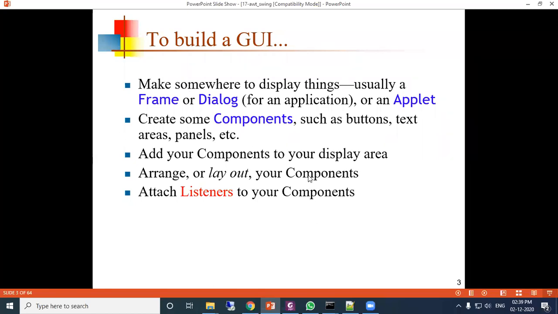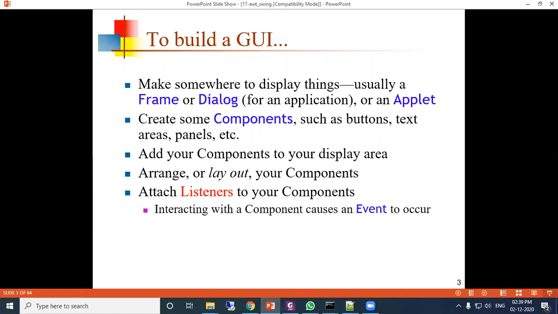First, you put some components as per your requirement, then display those components on the screen. Next, set the layout, how the components will be displayed. And next, attach a listener to your component, meaning when some event happens, what it will do. That is the listener code, and you attach it to the component.